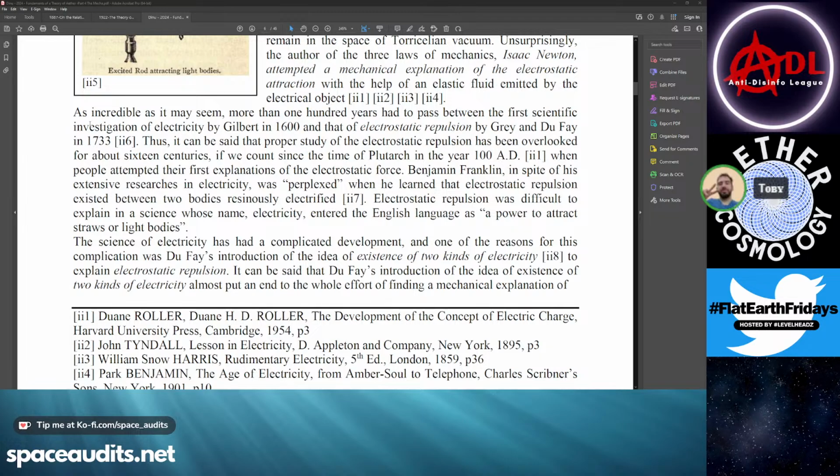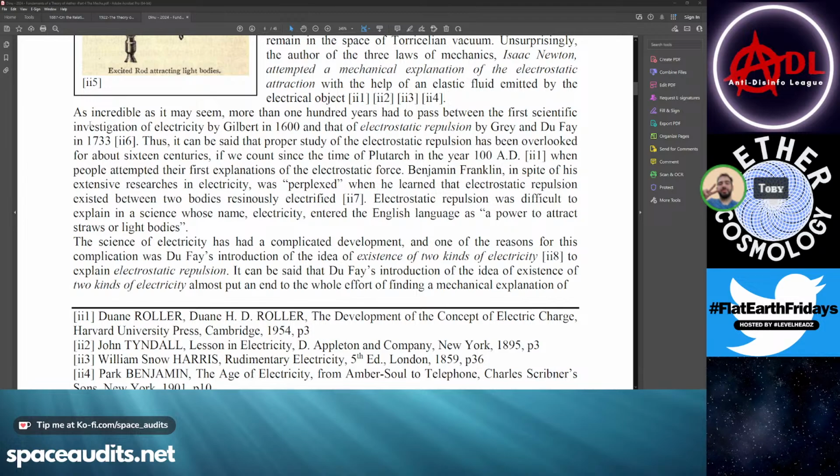As incredible as it might seem, more than 100 years had to pass between the first scientific investigation of electricity by Gilbert in 1600 and that of electrostatic repulsion by Gray and Dufay in 1733. Thus, it can be said that proper study of electrostatic repulsion has been overlooked for about 16 centuries. If we count since the time of Plutarch in the next year, 100 AD, when people attempted their first explanations of the electrostatic force,